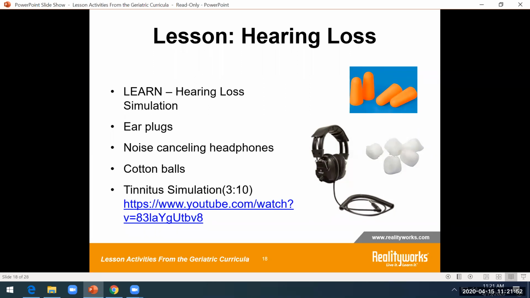And again, it would dull it enough so that they could try to understand what that is like. Now, the tinnitus, the ringing in the ears, can be simulated by simply playing a high-pitched sustained noise of some sort. There are several tinnitus simulation videos available on YouTube, and I posted a link for one up there that I found. But there are many more if you just do a Google search or a YouTube search on tinnitus simulations. So the one that I have for you on the screen there is one that actually plays 10 different